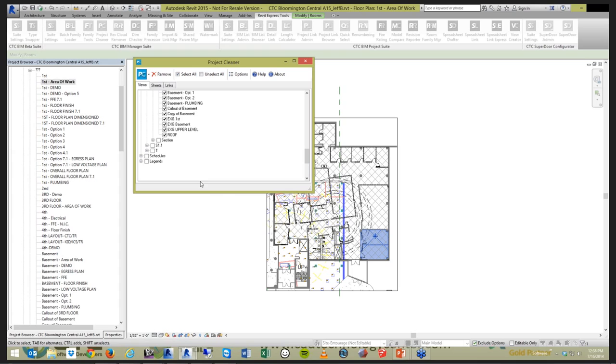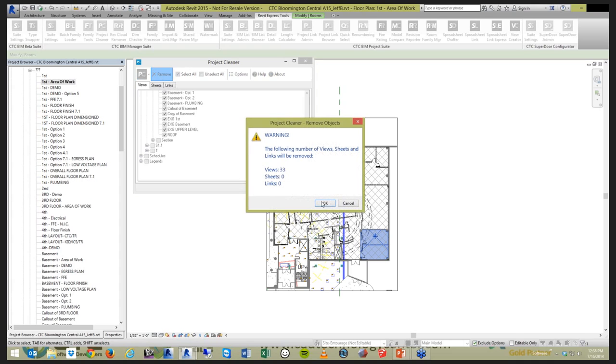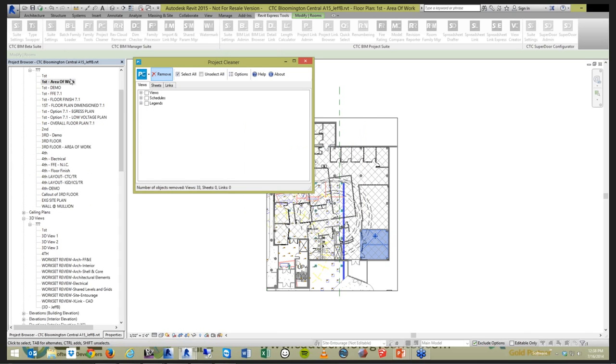But once I have these selected, I can go ahead and choose remove. What this will do is we'll see this list diminish significantly. I'm going to choose remove. It's going to delete 33 views from the project, so I hit OK. And it just simply cleans those up. So it gives you a nice, easy way to go through and identify the views in the project and remove